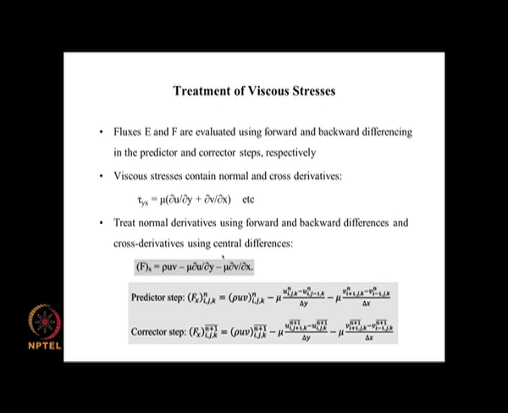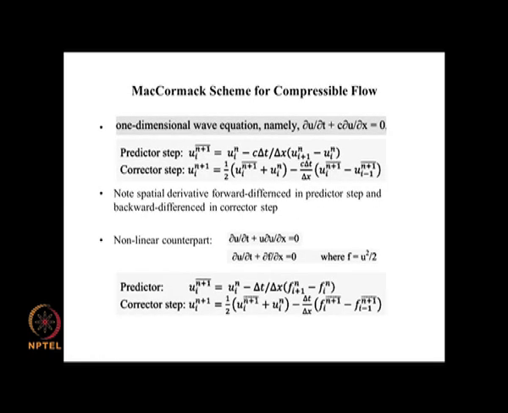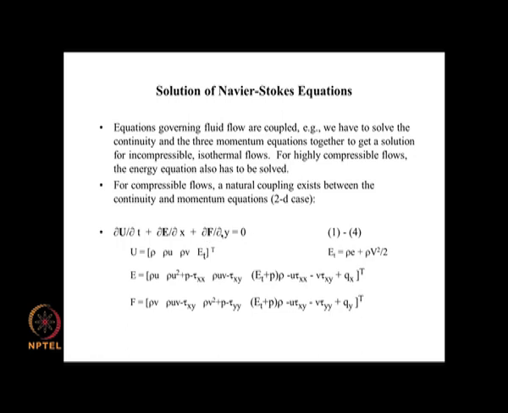Now, if you look at this term here, this is dou v by dou x, okay, this is also another derivative. And how do we evaluate this? This is dou v by dou x, and it is evaluated as v i plus 1 minus v i minus 1 by 2 delta x, there should be 2 here. So, that is being evaluated as a central differencing. And why is it being evaluated as central difference? Because you are looking at f term, and f term always appears with dou by dou y. Okay.